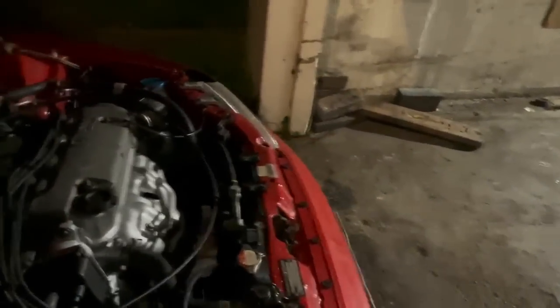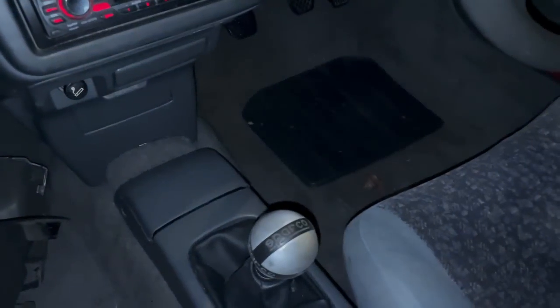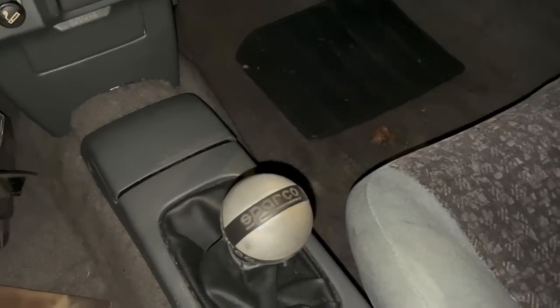See, the trans and clutch work all good, which is a bit of a relief because I had to swap that clutch and stuff over, and I'm so happy with how this thing sounds. So yeah, I'm so excited to take it for a rip. Just going to top up the coolant and then see if I have a shift knob for it, because we don't currently have one. We just inserted the new Sparco shift knob